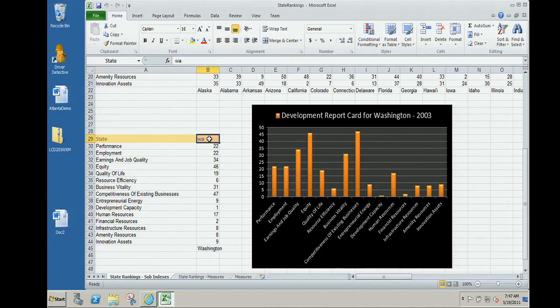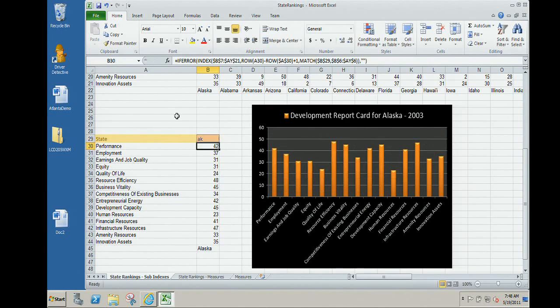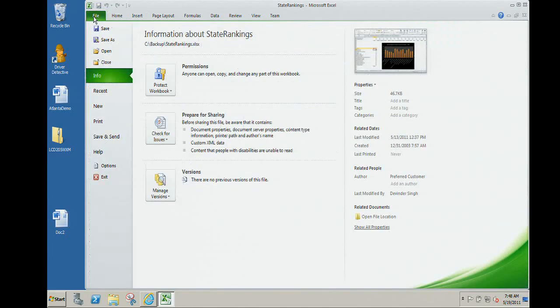So the other thing, if you look at it, there's a report card over here. And if you change the parameter in this cell, we get the information corresponding to that state. So now we are seeing a chart with respect to Nevada, as well as the report, which is now driven off the parameter Nevada. So this parameter can be changed. Now once I have the document, I can choose to publish this to SharePoint Online. And for that, I have to go and say